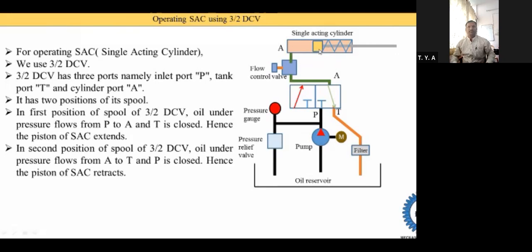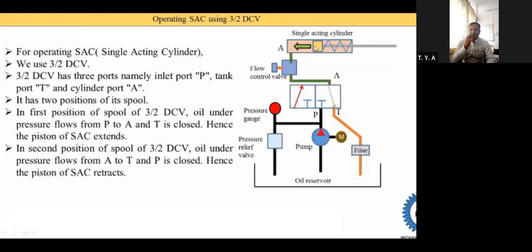Suppose I give this as a simple example, single acting. Suppose this actuator's shaft is moving to that side, lifts the weight, and they need to put it here. So what happens is the spring force is going back. First we understand that in the first position it moved from left to right. Suppose this actuator finishes the work and needs to go to the initial position, then the spring applies some force, so we need to move this piston from right to left. Here you see it is moving right to left.